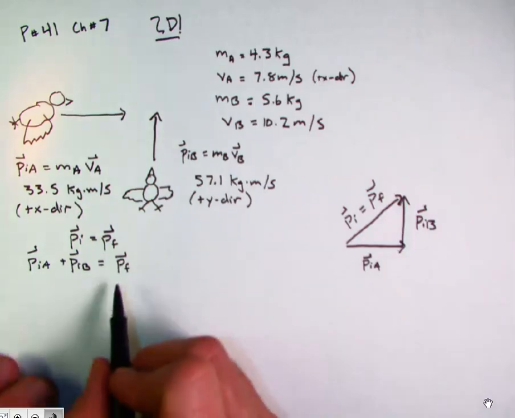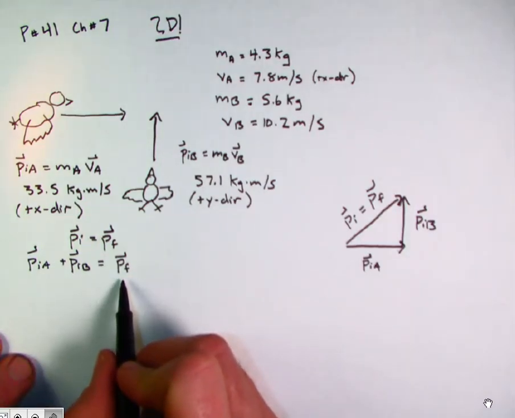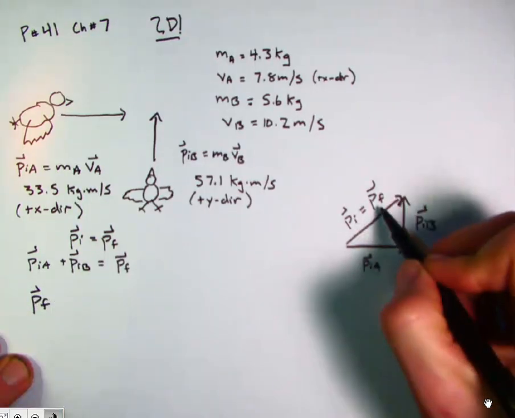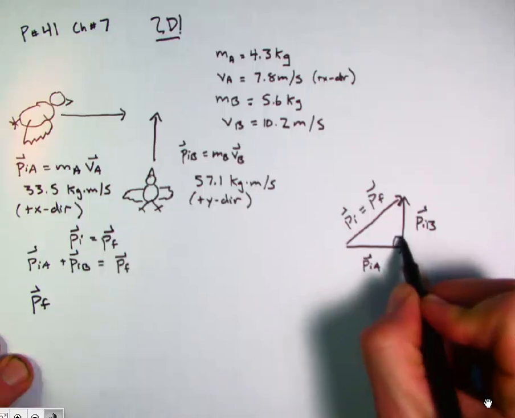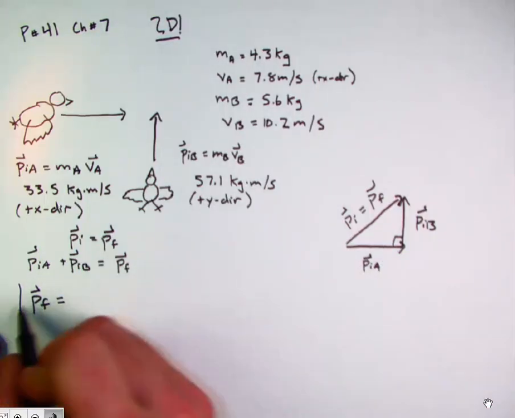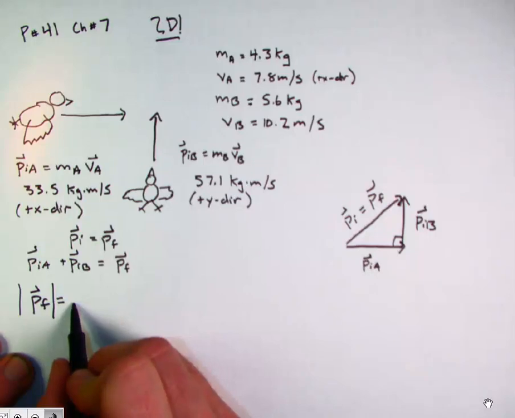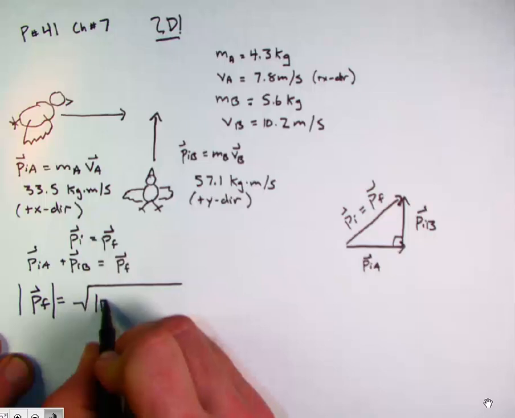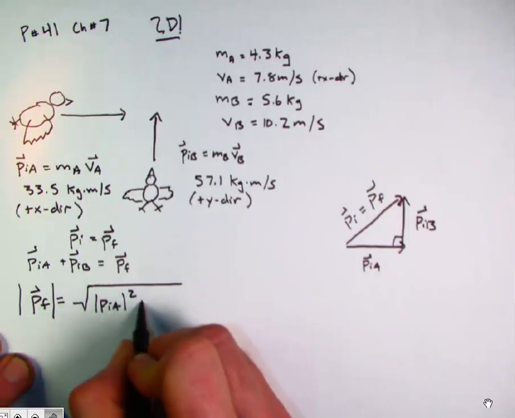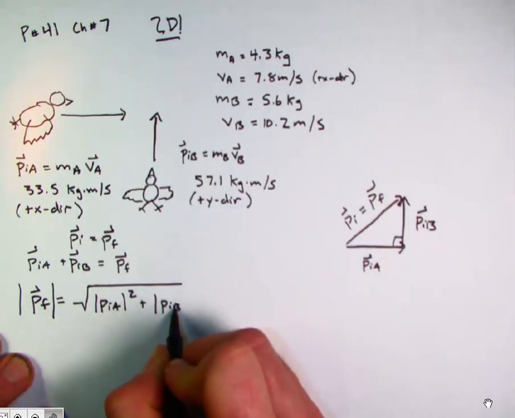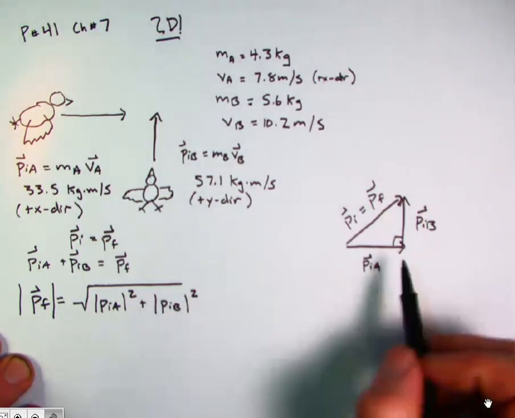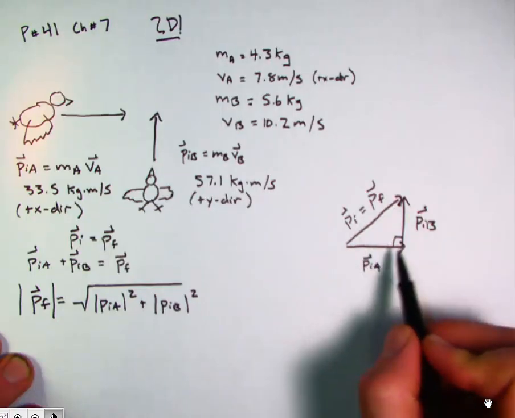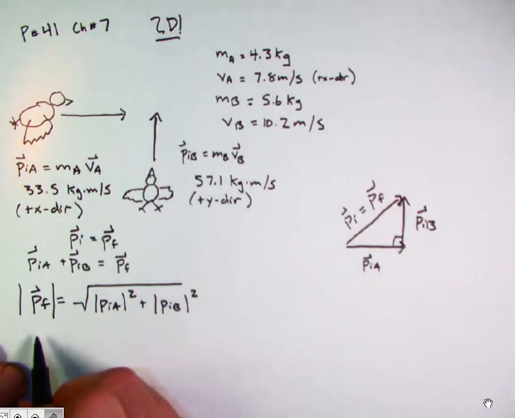Let's see here. So what would the final momentum of the system be here? So the final momentum, the PF, I would have to do the Pythagorean theorem if I wanted to know the magnitude of PF, right? So this would be equal to the square root of the magnitude of PIA squared plus the magnitude of PIB squared, right? So to find the length of this triangle, the magnitude of this vector, I'd take the magnitude of this square plus the magnitude of that square, take the square root,